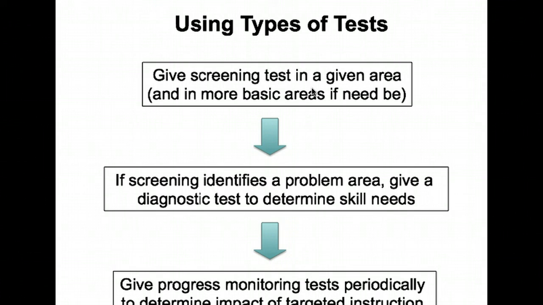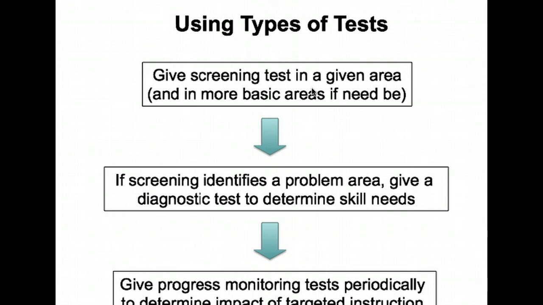So, kind of a workflow. Again, from McKenna, 2011. Give a screening test. Okay, there's a problem. Then you give a diagnostic test to determine what the skill need is. You identify the problem. Yes, ma'am? Okay. You give a screening test. That's just: is there an issue with the student's ability to read? You identify that Monica has issues. But you don't know what those issues are yet.